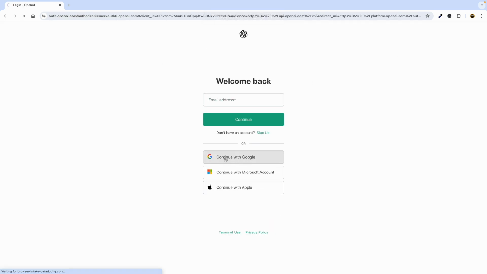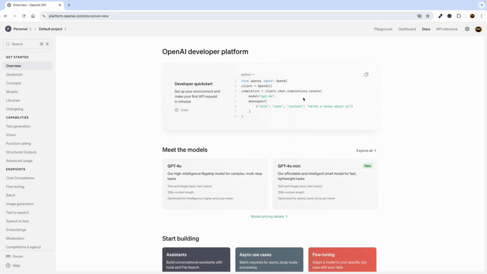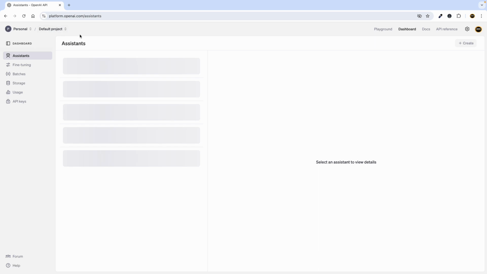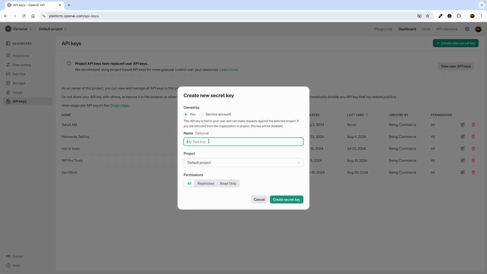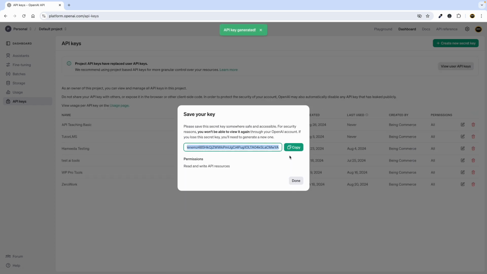in my practical example, I will go to the dashboard of OpenAI, just go to API key, and here you can see I created a lot of API keys. You can even create one new API key. For example, I can say, let's say, API teaching basic. You can name it whatever you want. I will click on create secret key, and you can see this is the API key I got, okay, and